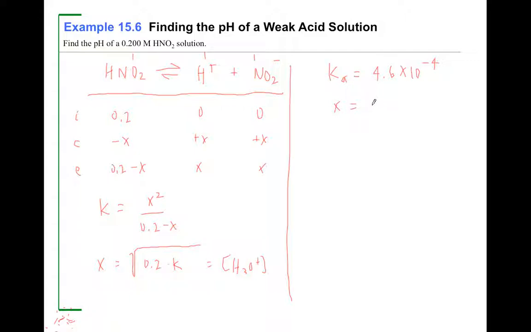I'm trying to keep less notes on there, so you're going to have to pay attention. I'm writing less things out. We know that the expression for x is here, and the expression for K is here, right? So I'm just going to calculate those two. It's 0.2 times 4.6 times 10 to the minus 4, square root is equal to